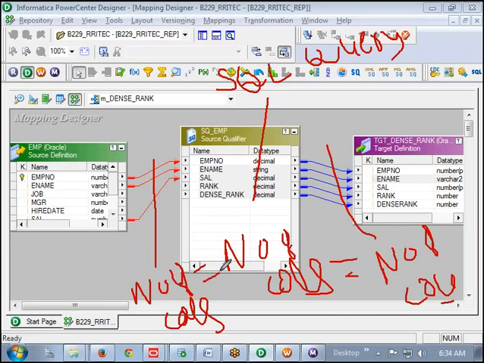Equal. Source to source qualifier to target, the number of columns must be equal. If it is not equal, we are going to get that kind of error.